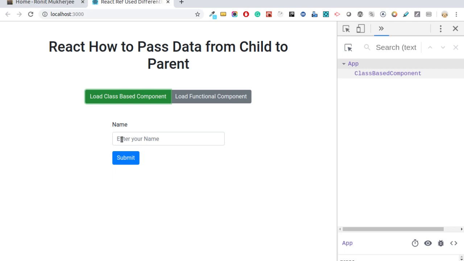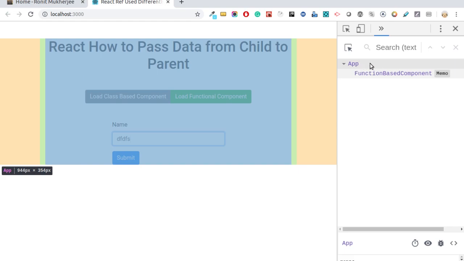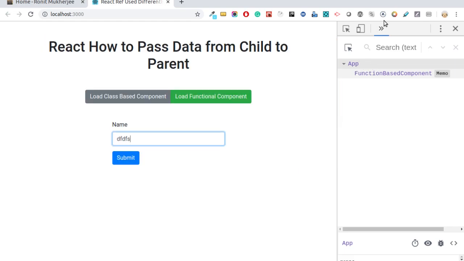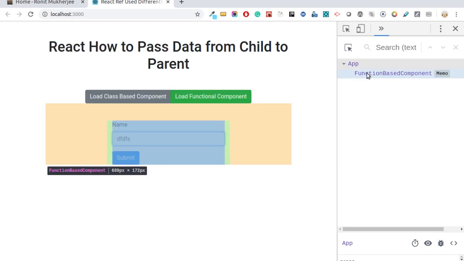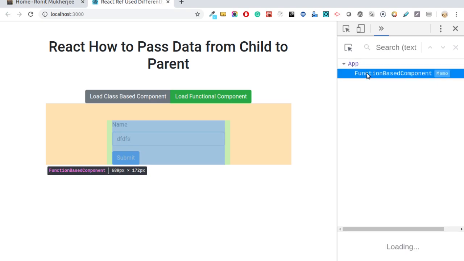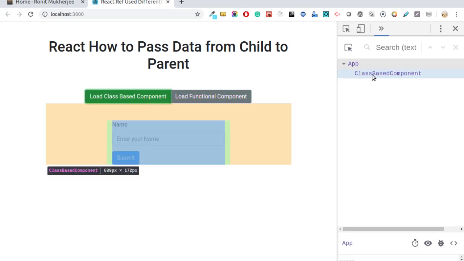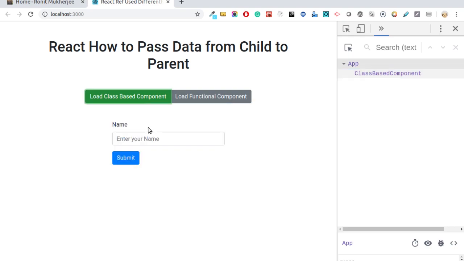Our purpose is that we want to enter a name here, submit the form and show it somewhere here, right? Similarly we will do it with our functional component: enter the name, submit the form and have it here. How do we know that this is a parent and a child? If you see here, this is the component view which is available in a plugin extension for Chrome. App is the parent and our function based component is the child. This is the form which is in our child component. And here is the class based component, and again we have a form within it.